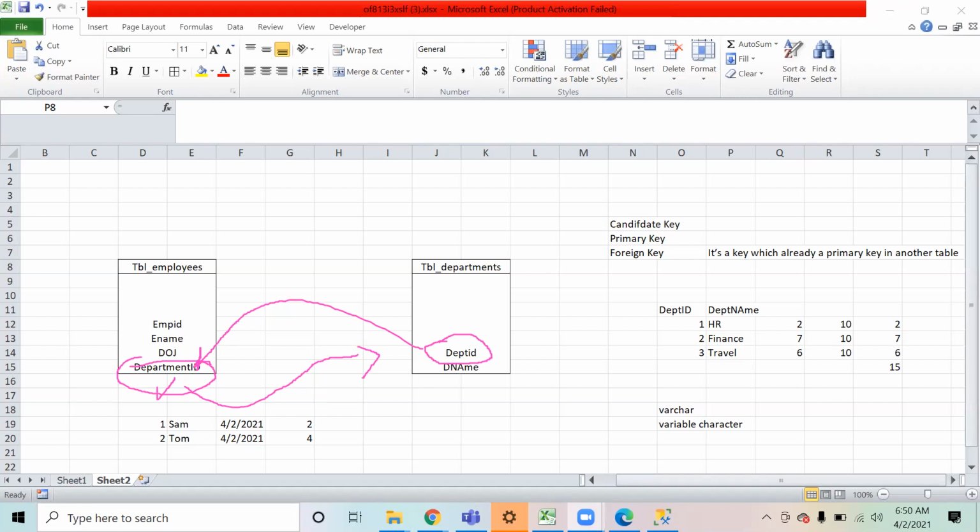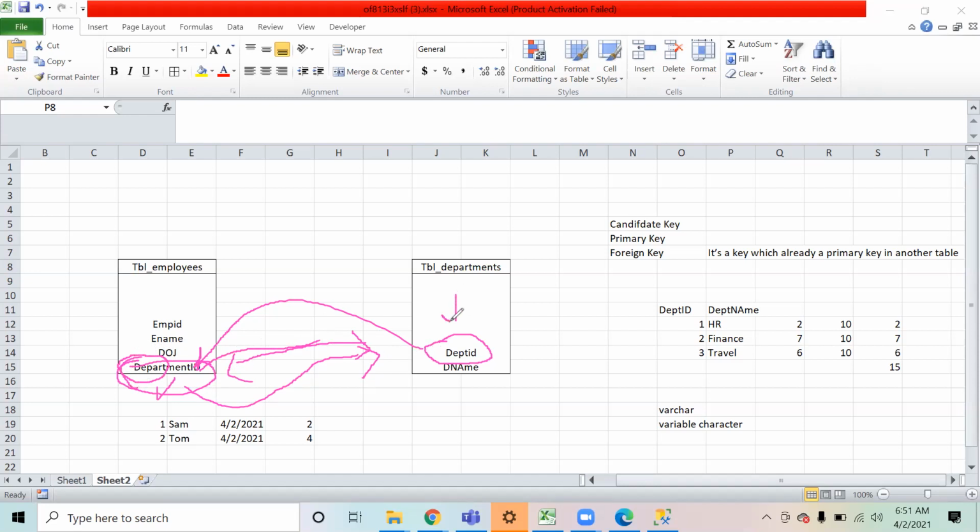Now the question is why do I need it? When you create a foreign key, it creates a connection between the two tables, so these two tables are connected to each other on the basis of department ID. This foreign key is linked to the primary key.